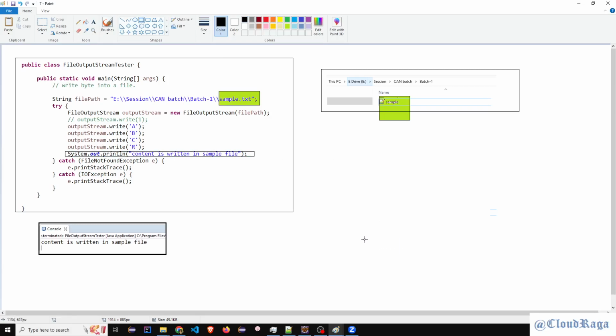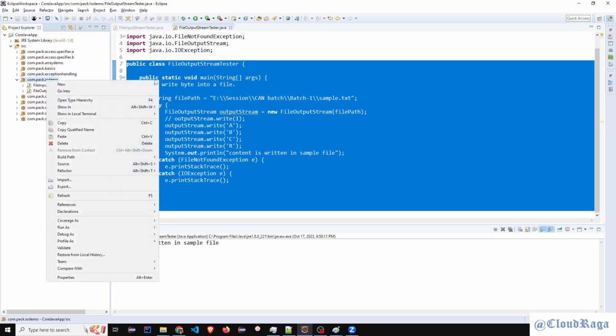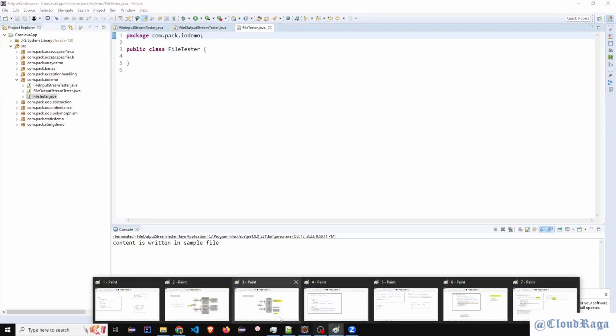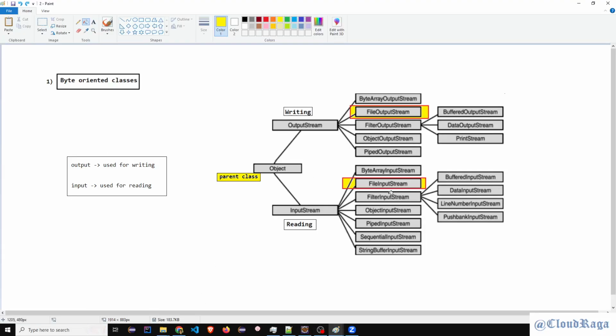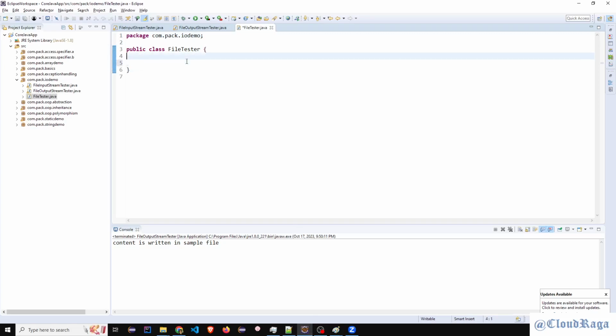Since we have some time, let's examine one more class. I won't start write or read today. Tomorrow we'll do that after looking into your systems. So there's one class that is File. I'll say FileTester. Apart from this hierarchy, whatever we saw here must be there somewhere downstream. But there's one class whose name is File. Let's use that and see how it works.